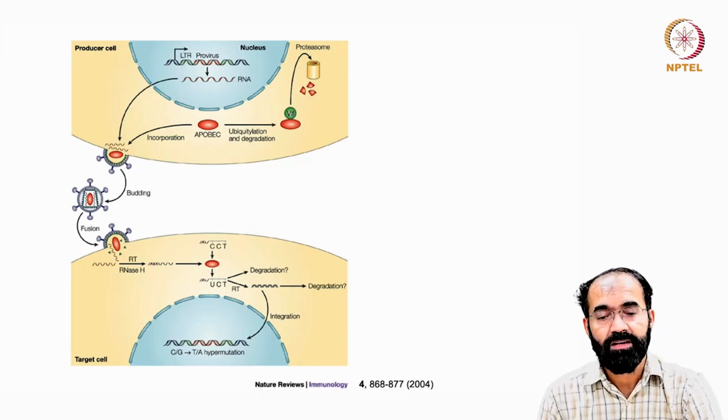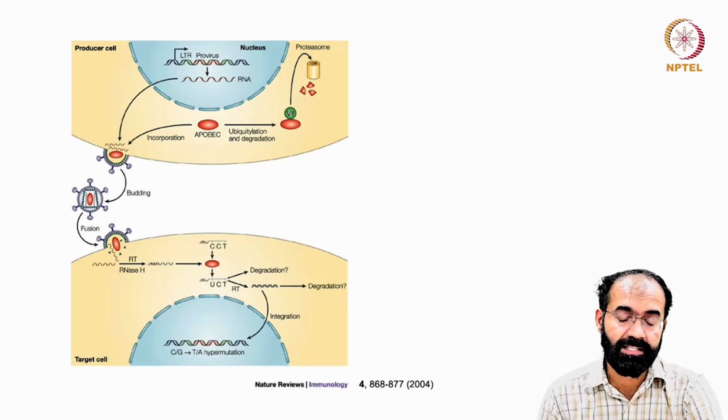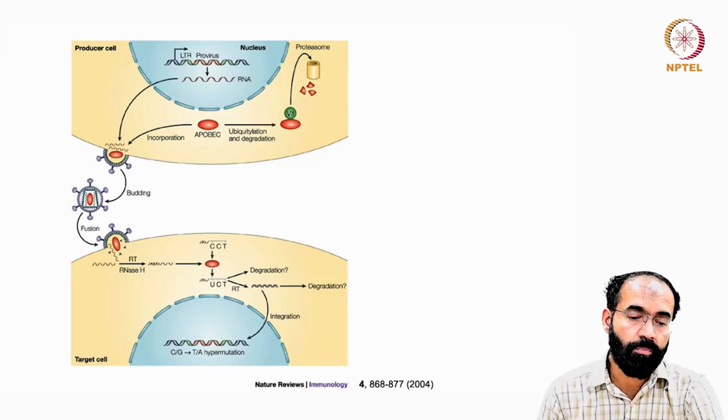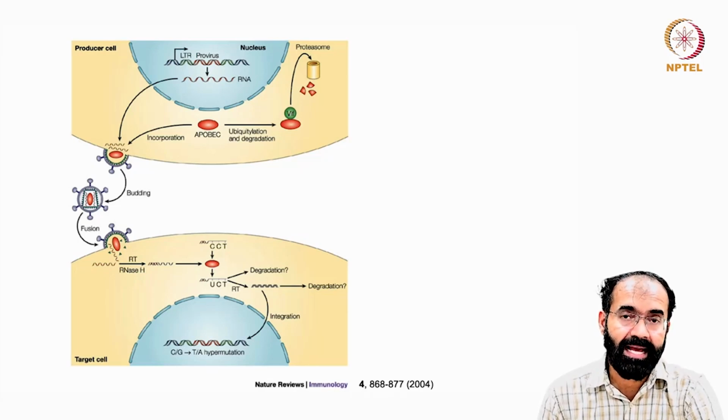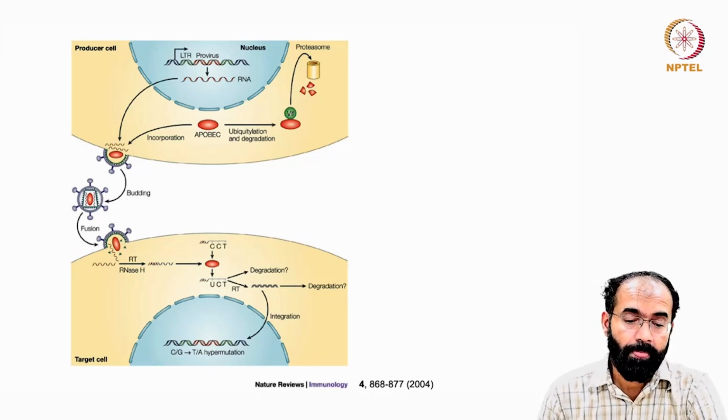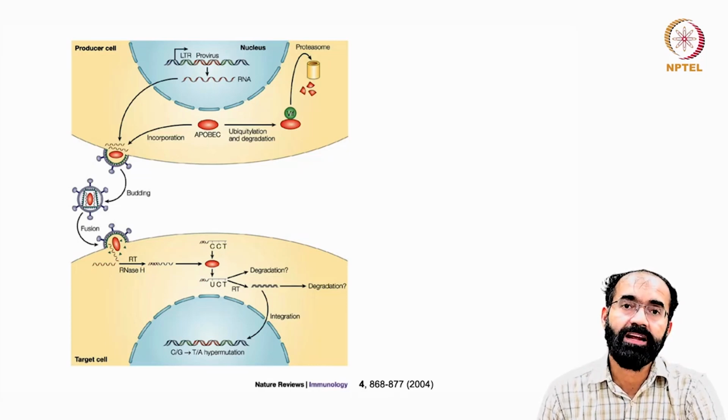VIF protein is from the virus, and APOBEC is sent for degradation. Otherwise, if it is not degraded, what will it do? It will incorporate into the viral particles and it can come out and get into a host cell, and it can carry virus along with it, and it can sometimes, if there is a host derived